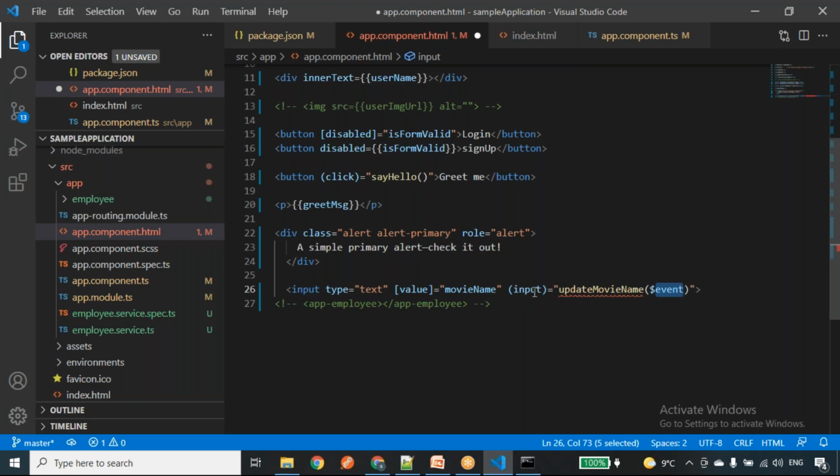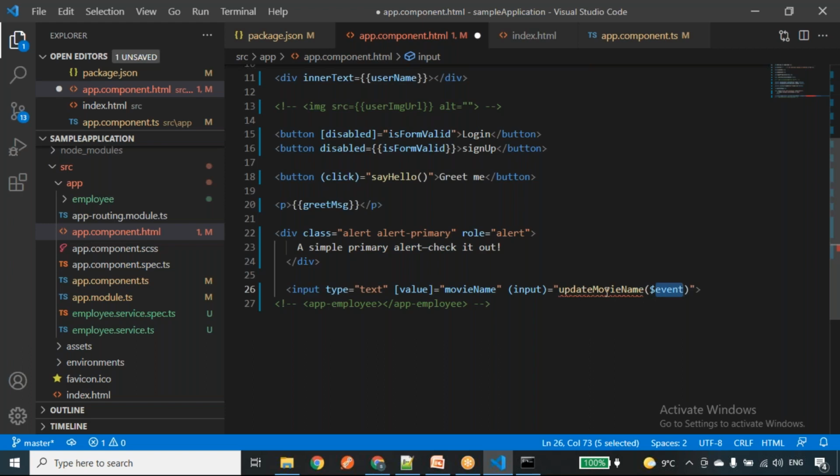Whenever I want to get all the values or properties related to this input, I can access the value, properties, or what kind of event it is. This is a predefined keyword in Angular. We can consider this similar to the JavaScript event, like whenever you use click methods, you pass some event, right? Both are the same.